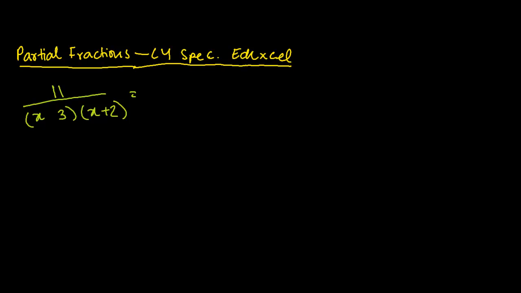It's x minus 3. Okay, back on track. Into something like a over x minus 3 plus b over x plus 2. Okay, now